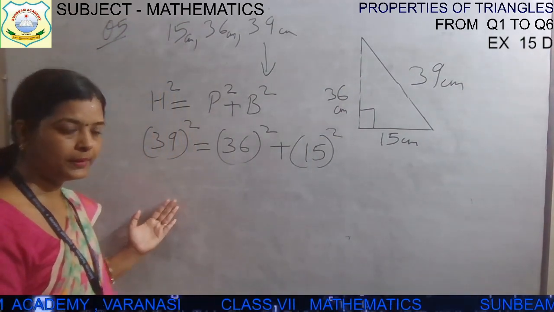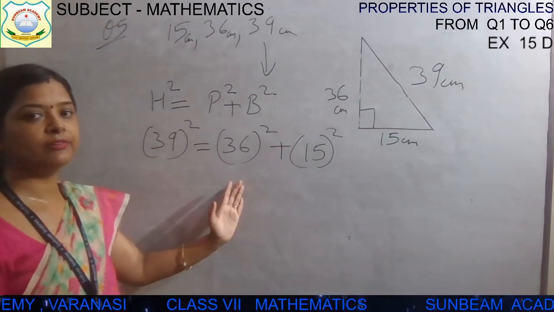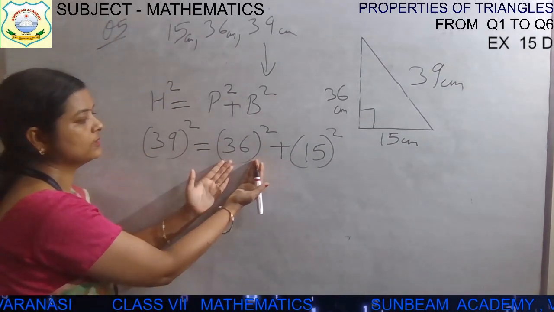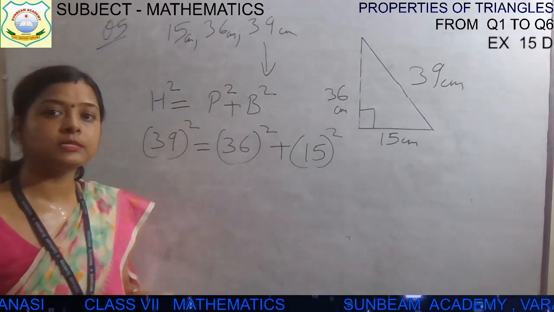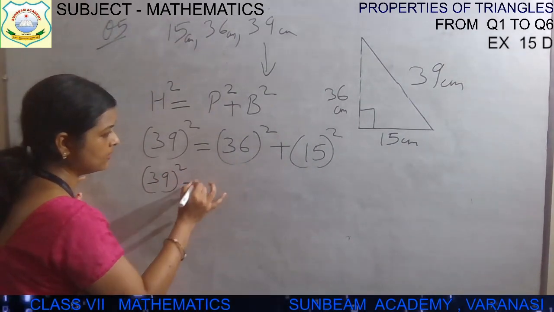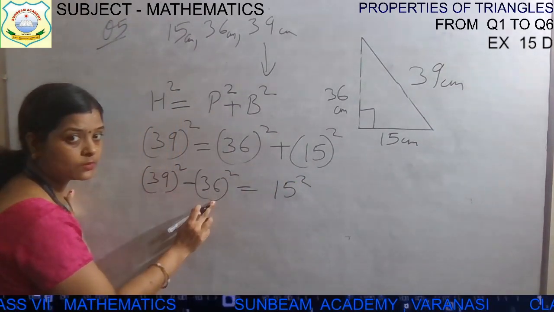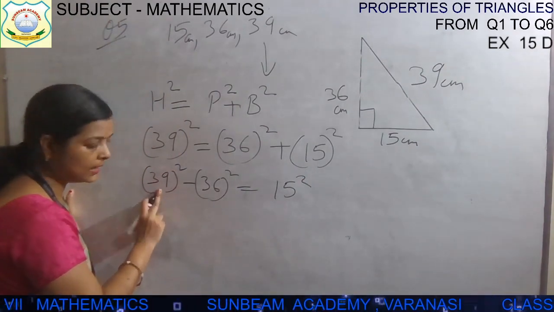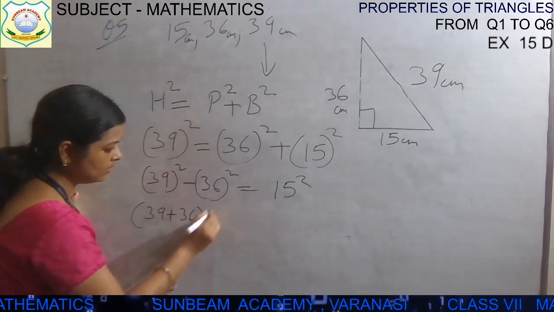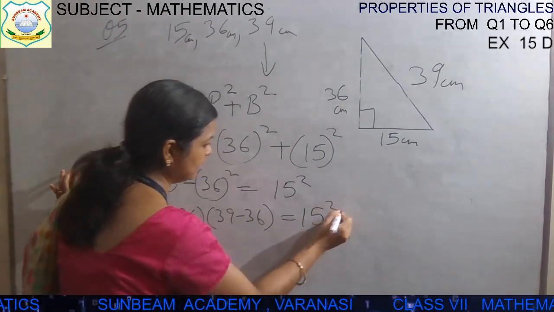So you can solve this after this. 39 का square निकालिए यहाँ पे, 36 का square और 15 का square. सब निकाल के add करिए. LHS will be definitely equal to RHS. And in your book they have segregated 39 का square minus 36 का square किया उन्होंने, a square minus b का square का formula लगाया. They have transposed this. 39 का square minus 36 का square is equal to 15 का square. So a square minus b square. इसको a मान लिया, a का square minus b का square होता क्या है? a plus b into a minus b और फिर इसको 15 का square लिखा है.